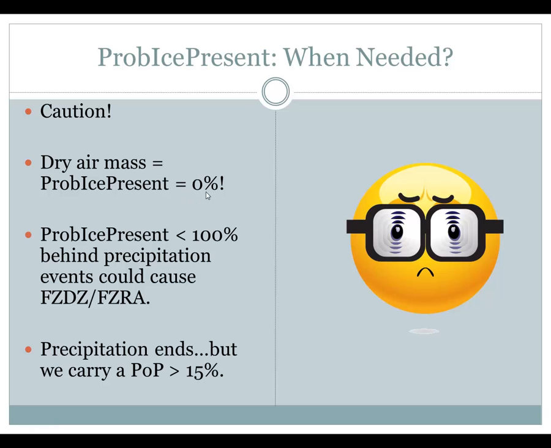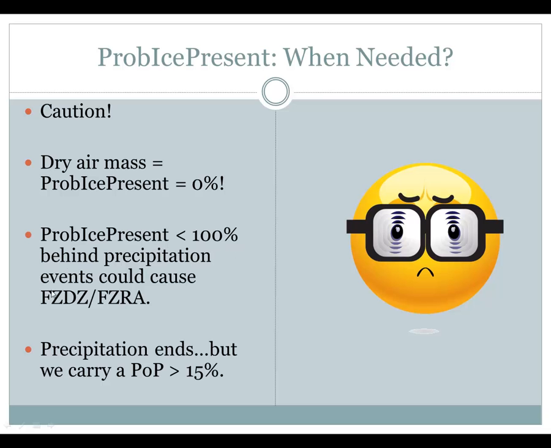Because the relative humidity is so low that we're not generating ice, the ProbIce would be 0, and it would really lead the probability of weather type towards a bias of freezing rain and freezing drizzle. So one of the situations you have to watch out for in the probability of weather type is having a ProbIcePresent grid